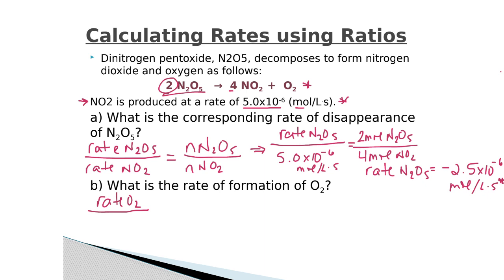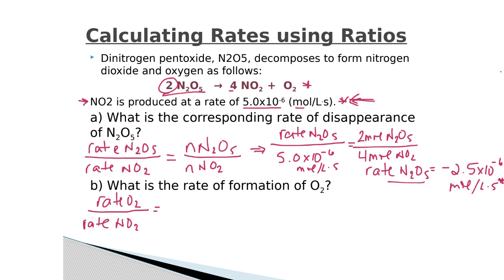And I would not use this one that we just calculated in the slight chance that you made an error. You shouldn't have, but if you did, then you're not going to calculate the right rate of O2. Let's go back and set it up using this original data that was given in the question. So we're going to compare this to the rate of NO2,